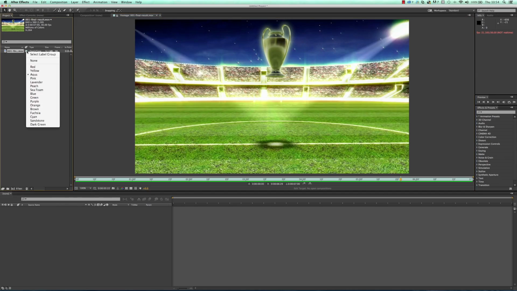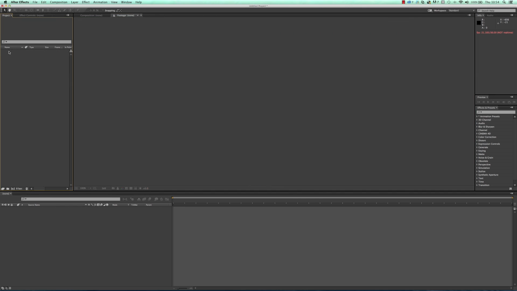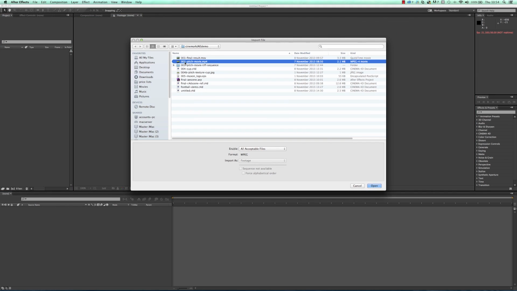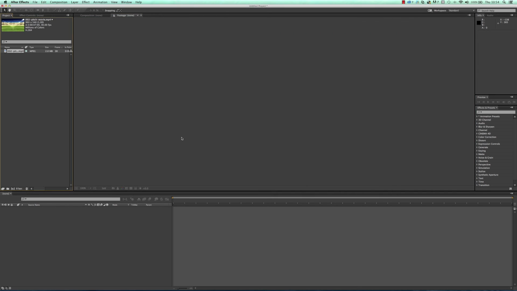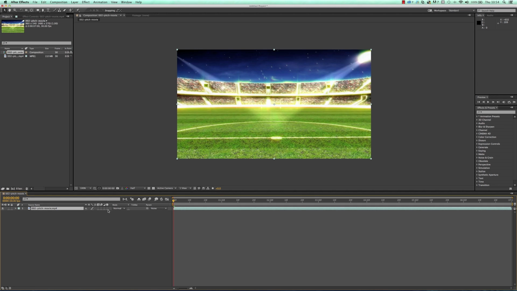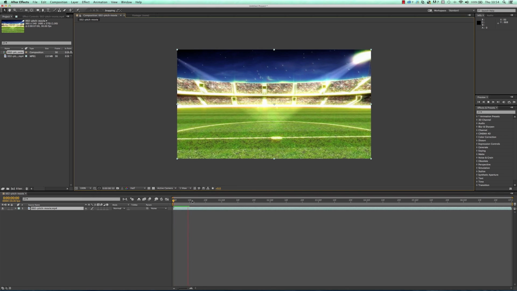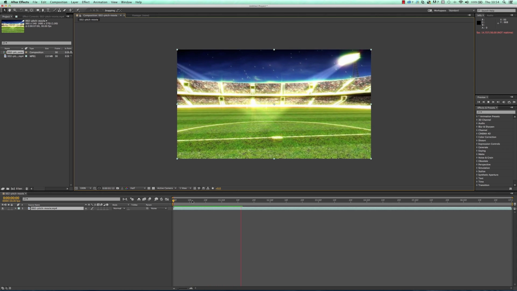So I'm just going to delete that from the project, and then I'm going to load in that piece of footage. So here it is, and I'll just drag that into the scene. And I've got my display quality just set to half, so this isn't going to show super quality, and you could also change the magnification or whatever you want, but just to make it calculate a little bit quicker. So we'll just have a quick look. So there is the basic piece of footage.